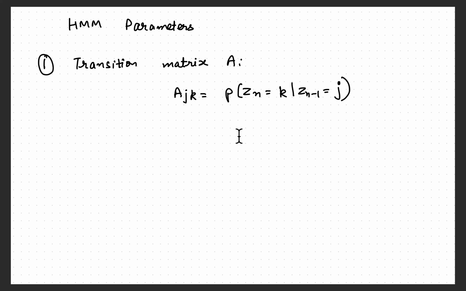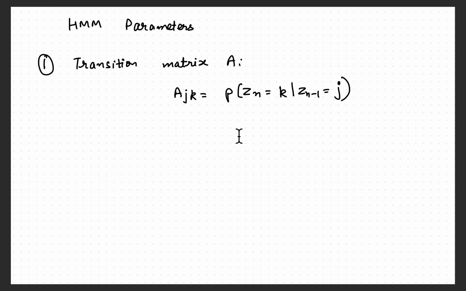So assuming you had some time, you pause the video and stop for some time and thought about the HMM parameters. The three HMM parameters are first, the transition matrix A, which is exactly the same as what we'd seen before. A_JK indicates the probability of going from state J to state K in successive states,